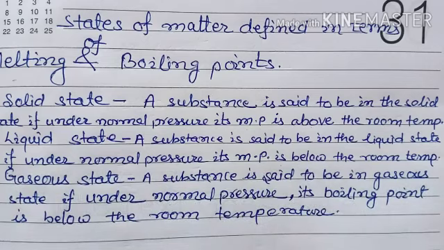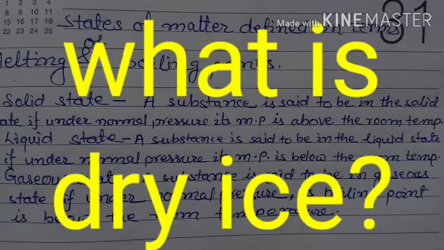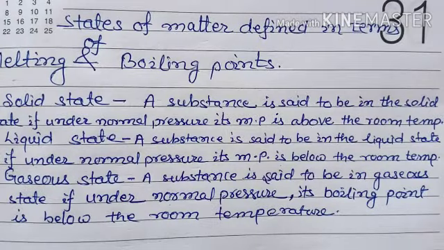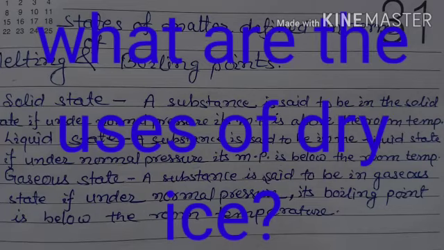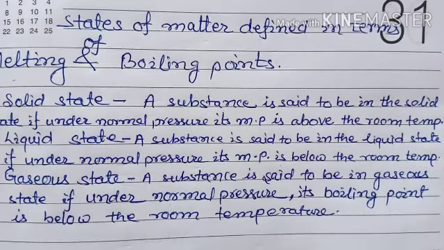Now we have understood that a gas can be liquefied by applying high pressure and lowering the temperature. And solid carbon dioxide is a white substance stored at very low temperature and very high pressure. It is known as dry ice and is an extremely cold substance. Dry ice is used in deep freezing of food items like meat, fish and ice creams.